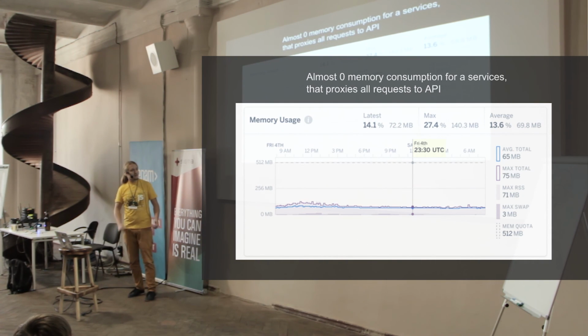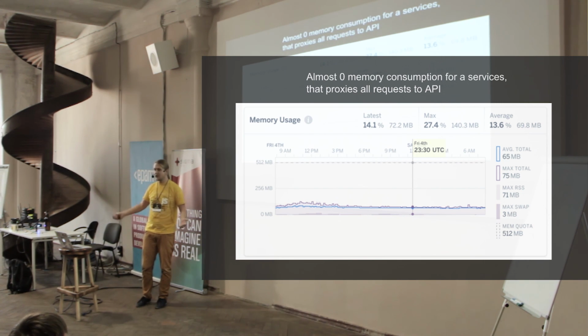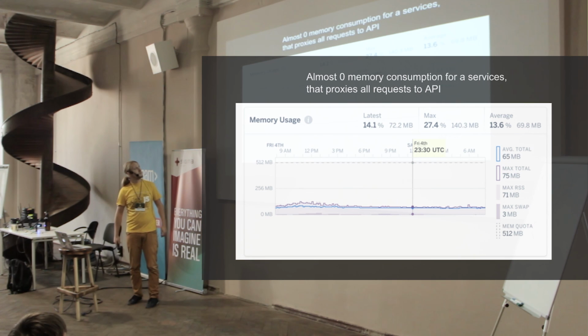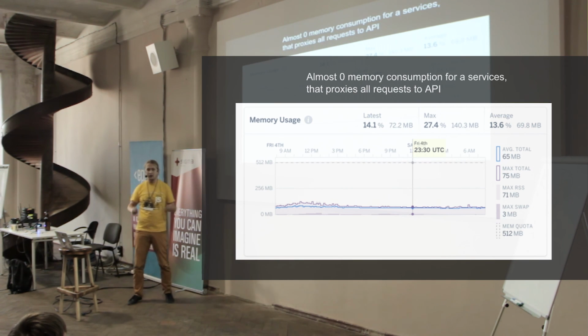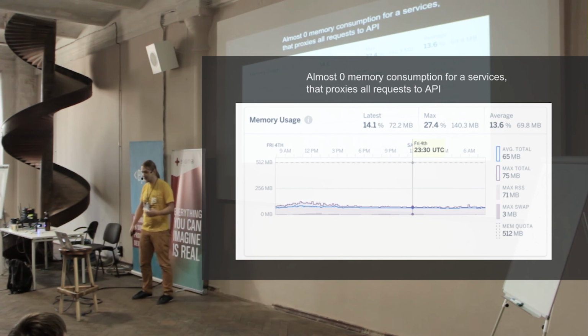So how fast are Node.js streams? This is a screenshot from our main application. We are using our instance as a router. So we are proxying all requests from the API to some other microservices. And we're not storing all the requests in this instance. We are just streaming everything. So we can see it consumes only, I don't know, 65 megabytes of memory. So it's absolutely not memory consuming. That's why it's great.